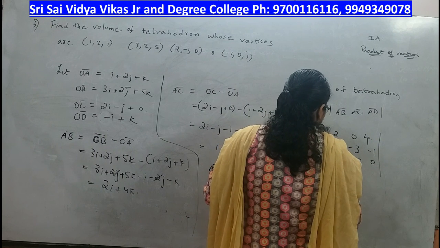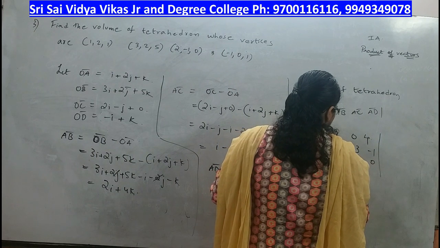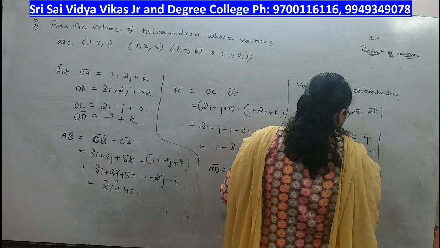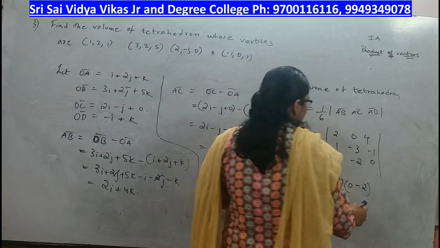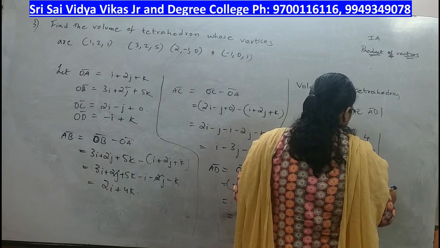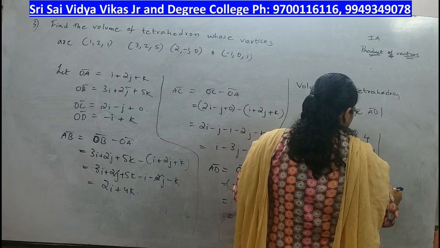That is 1 by 6 into 2 into 0 minus 2, minus 0 into 0,